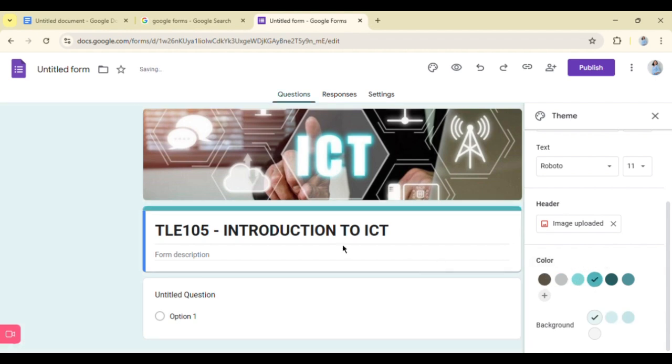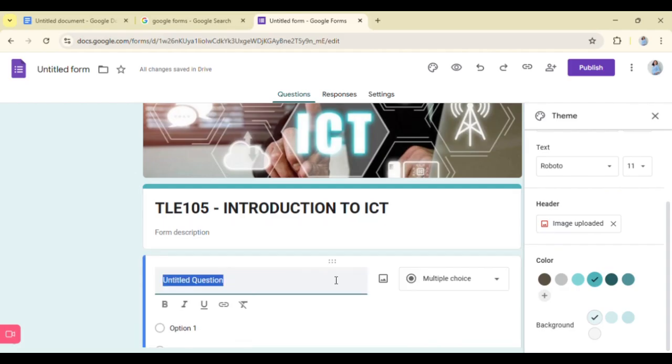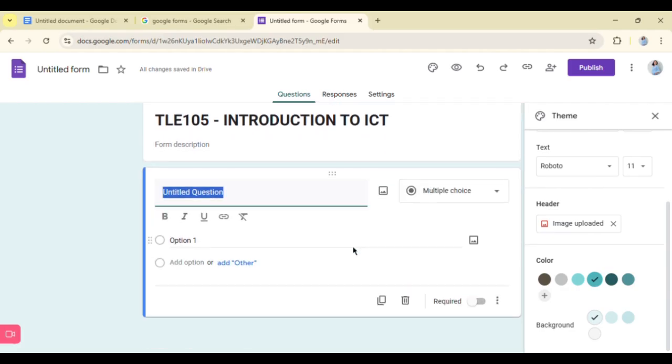Okay, let's just have that medyo mint blue. Tama ba? And next, let us now make the actual test. Alright, before that, let's just have the email address and the full name of the students, because of course, as